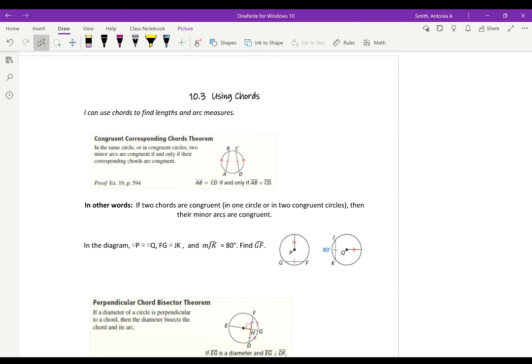All right, guys, so we've talked about chords, secants, and tangent lines. We've talked about finding the measure of an arc. Now we're going to use chords to find the measure of an arc. So the first theorem we're going to talk about is the congruent corresponding chords theorem, which says in the same